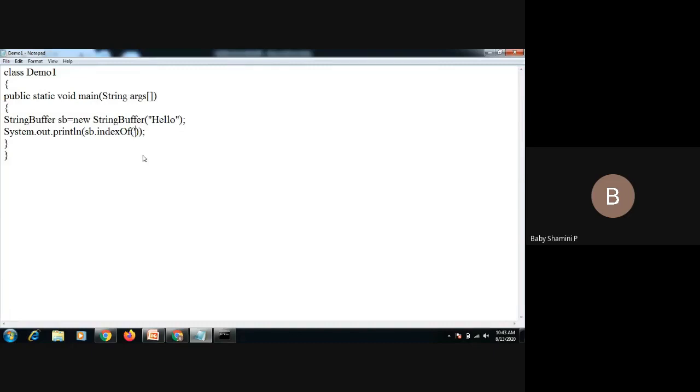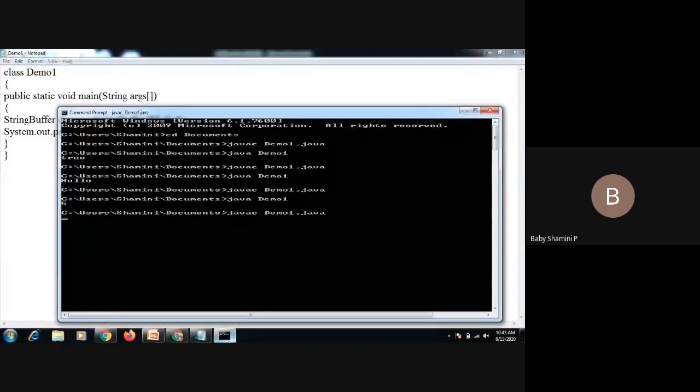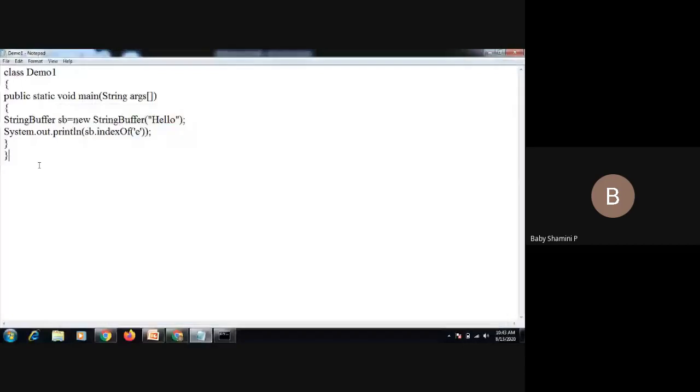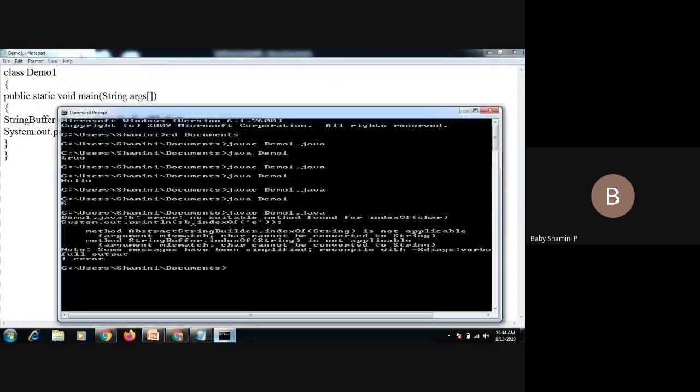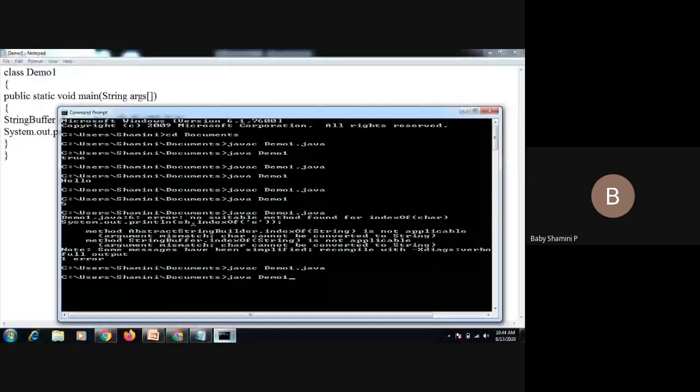For example, E. I am going to find the index of character E. Index of E is 1.